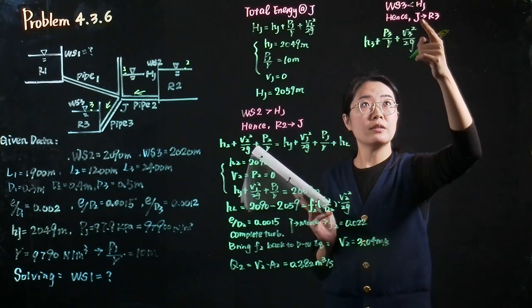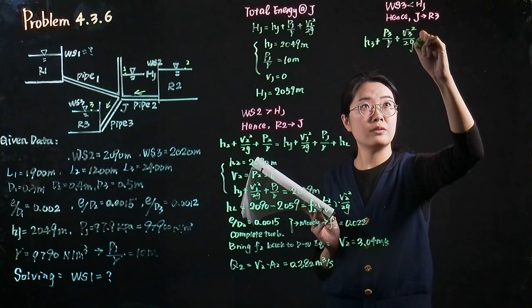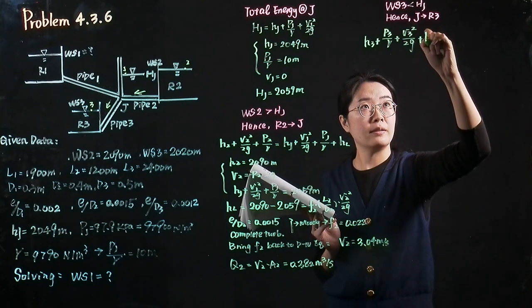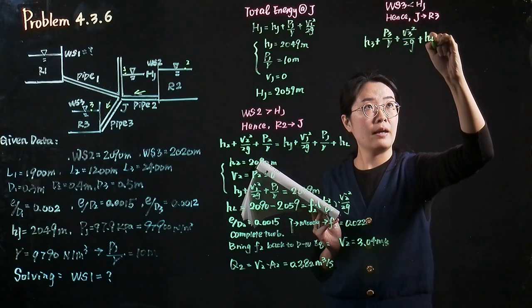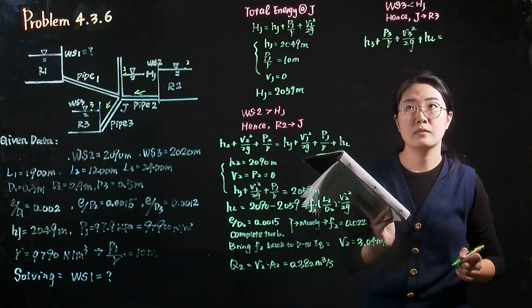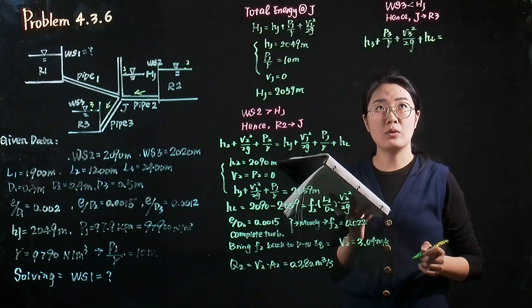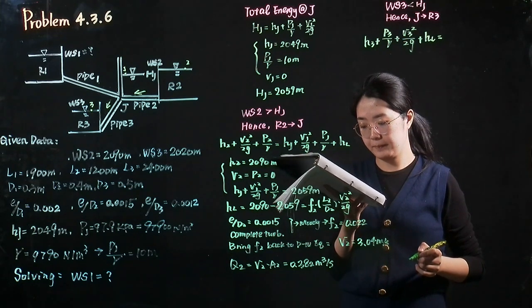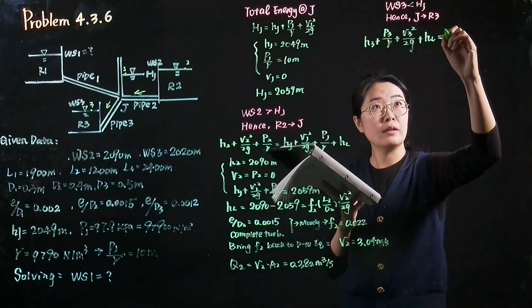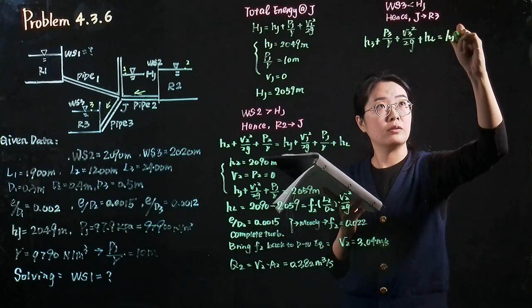Because the flow is from the joint point to the reservoir 3, we need to add head loss to the total energy at point 3. And then the energy at point J equals